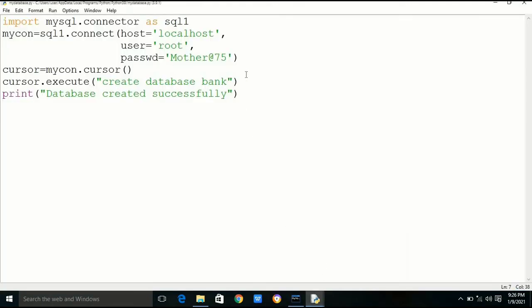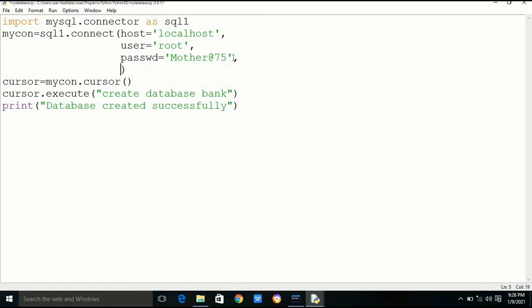As you know, the syntax to create a table is create table name. We have to write within round brackets the field name with the data type. Here we are creating the account table with 3 fields: account number, account name, and balance.